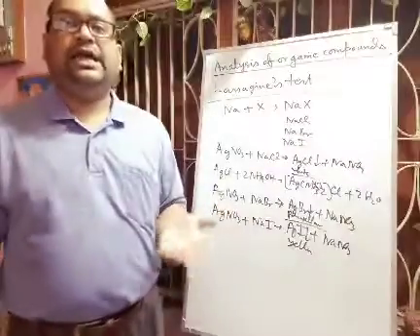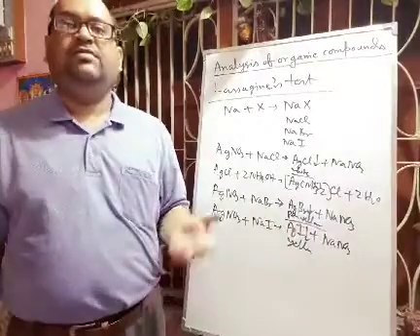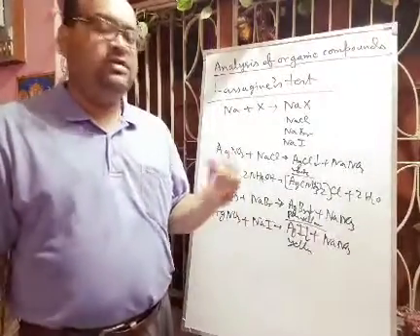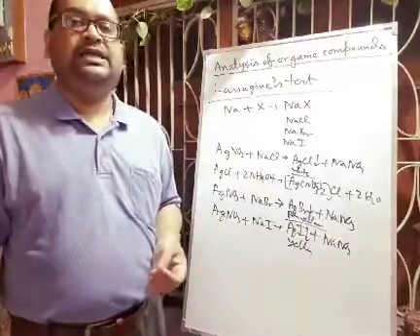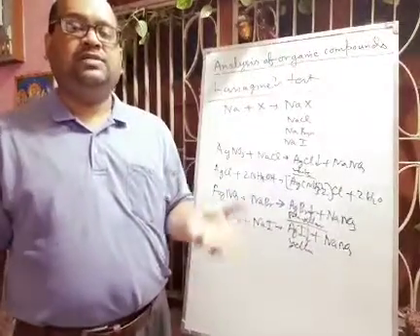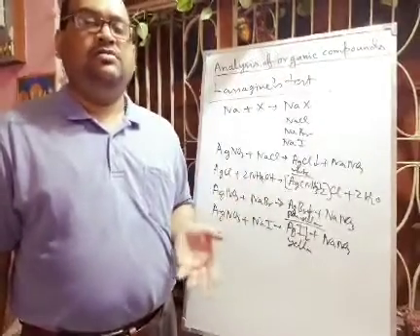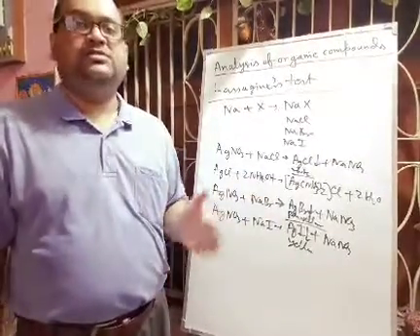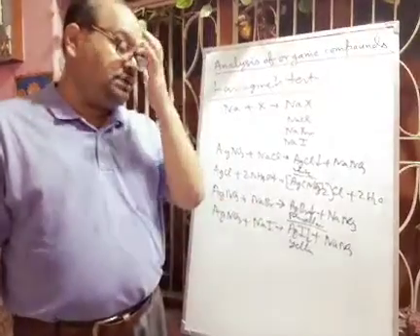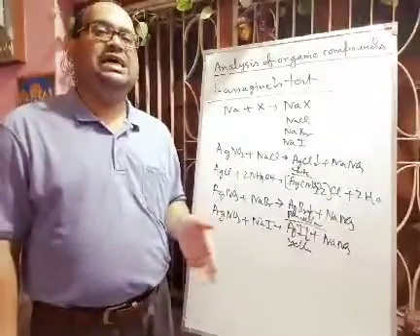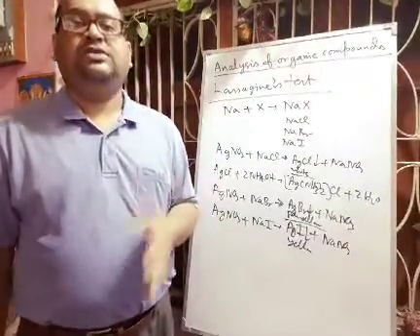If sulfide and cyanides are not destroyed, then what will happen? Sodium cyanide will react with silver nitrate, forming silver cyanide, and sodium sulfide will react with that silver nitrate, forming silver sulfide. So you will not get the halide test. That is why we are adding concentrated nitric acid to decompose them to the corresponding gases. Cyanide will form HCN gas and sulfide will form H2S gas.